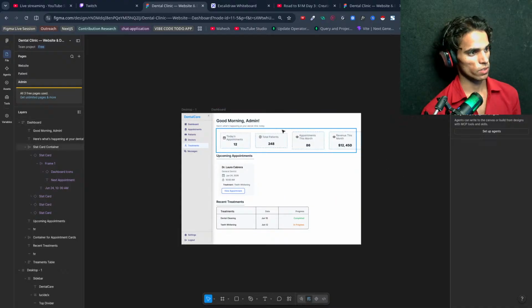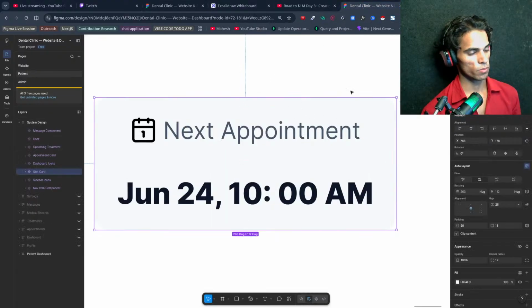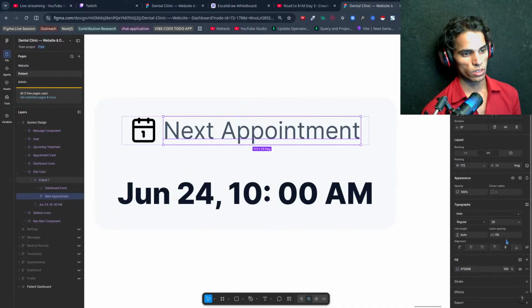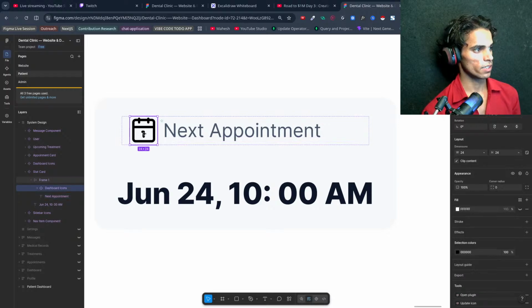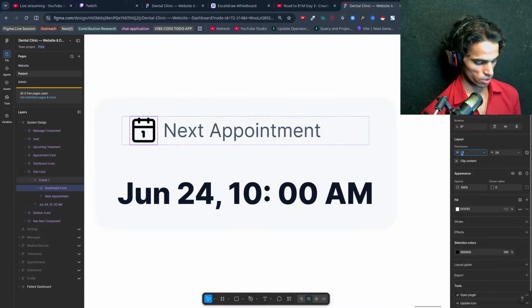Yeah, now this is a little bit managed, but still we have to manage lots of things. I should keep this 16 maybe, and for this I would like to keep it 20.